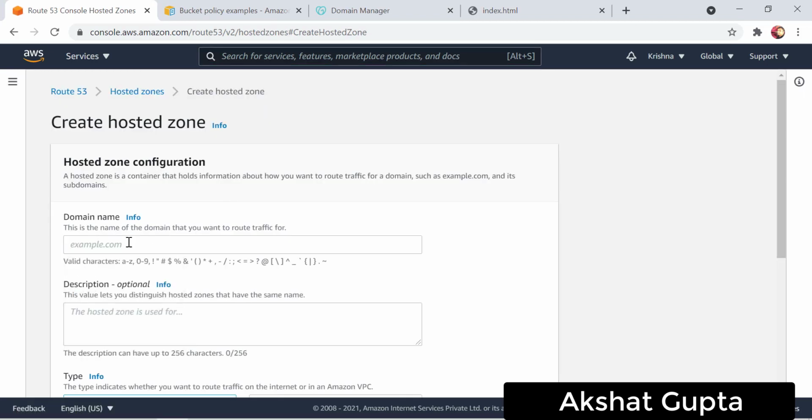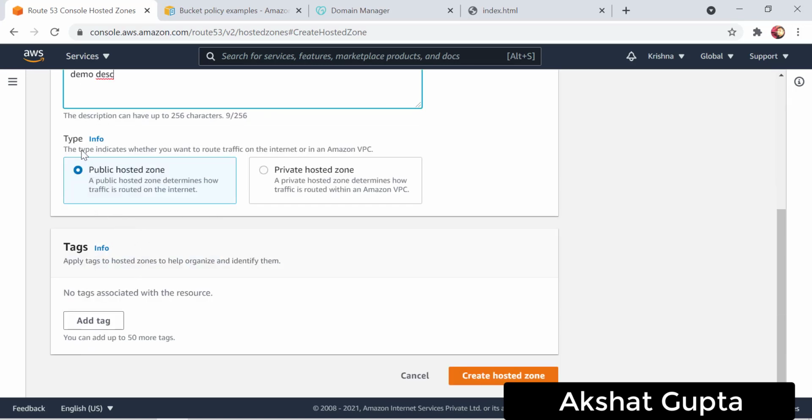What you need to put here is the domain name. My domain name is spfspurge.com. If I want, I can put in a description. Now there are two types of hosted zones: a private hosted zone and a public hosted zone. If I want to redirect traffic to my VPC, I would use the private hosted zone.